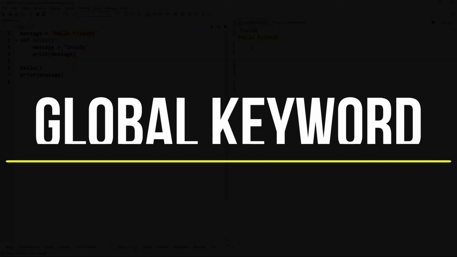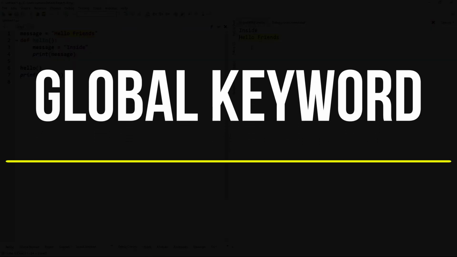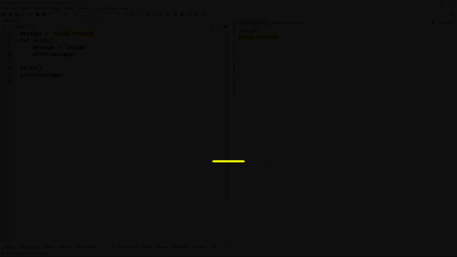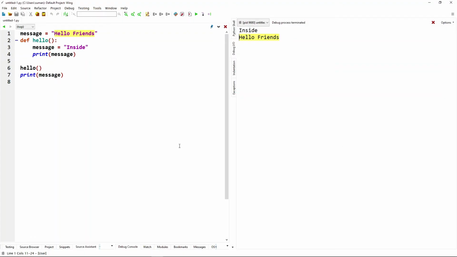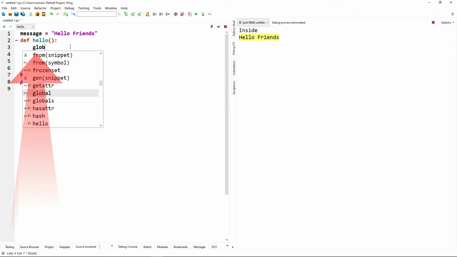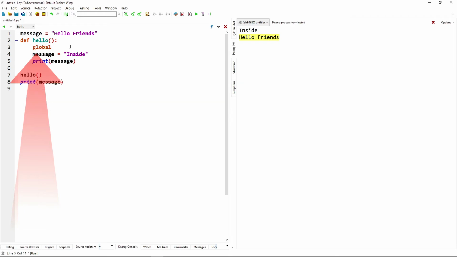If we need to change the global variable inside the function, we can achieve this by using the keyword global. Let's change the code. Message is equal to hello friends, def hello. Now before message is equal to inside, here we are using the keyword global, so we have global message.